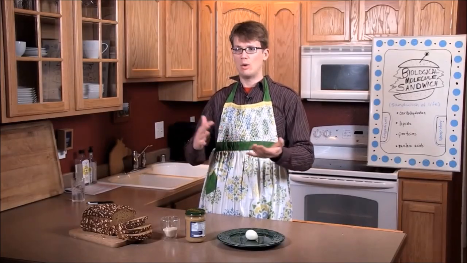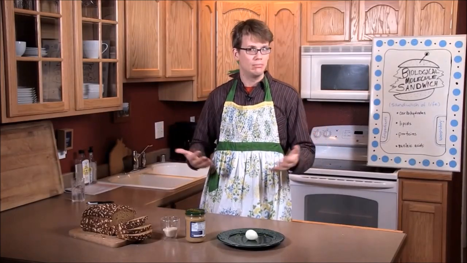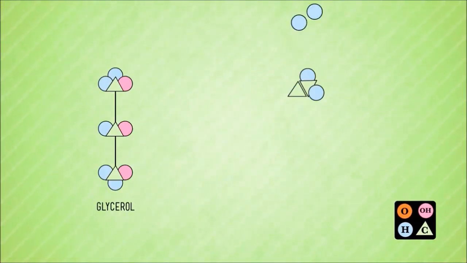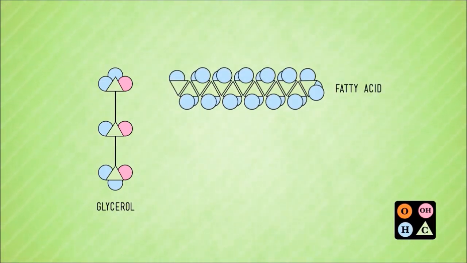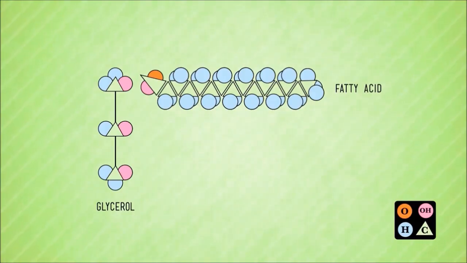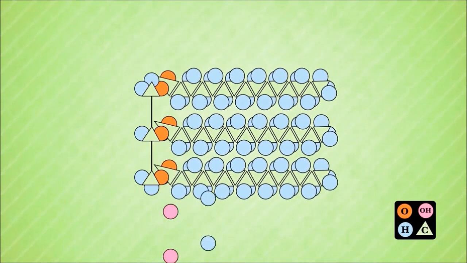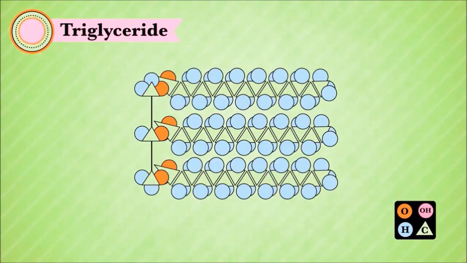And if you've ever read a nutrition label or seen this thing called the television, you're probably pretty conversant in the way that we classify fats. But then, 99% of us have no idea what those classifications actually mean. Fats are made up mainly of two chemical ingredients, glycerol, which is a kind of alcohol, and fatty acids, which are long carbon-hydrogen chains that end in a carboxyl group. When you get three fatty acid molecules together and connect them to a glycerol, that's a triglyceride. These feature prominently in things like butter and peanut butter and oils and white parts of meat.